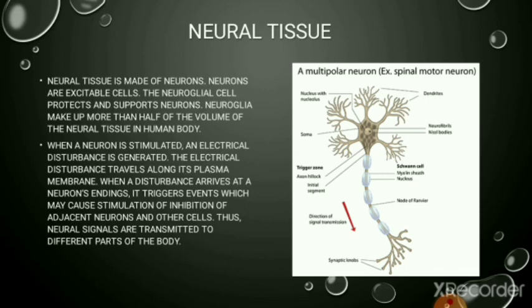How does this neural tissue work? They are sensitive towards different kinds of stimuli. Now, what is a stimulus? Any change in the external environment which is responsible for producing a response in the body is called a stimulus. So our sense organs, like skin, nose, ears, and eyes, receive the information of the external stimuli, and then these sense organs are attached to the sensory neuron.